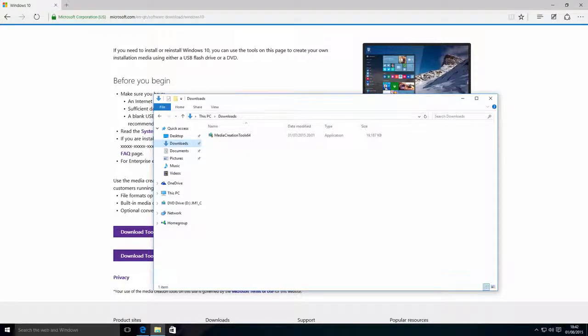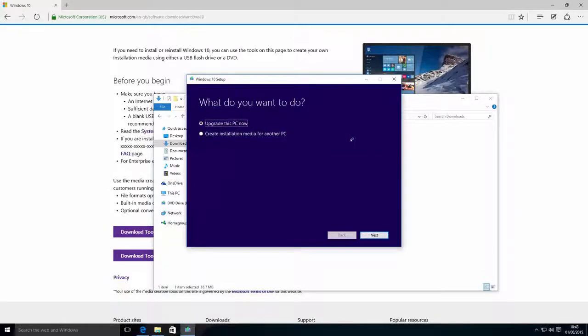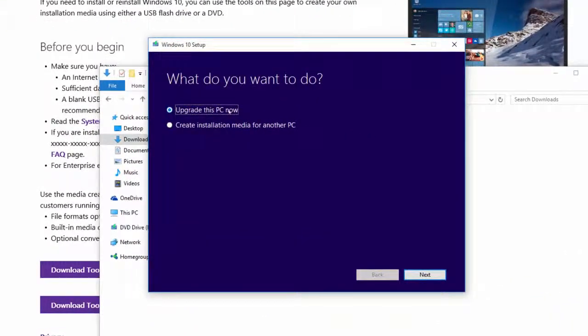So once you've downloaded the media creation tool, we're going to go ahead and run the 64-bit version that we've downloaded. And we're going to go ahead and accept the user account control. At this screen you're going to have two options. You can go ahead and upgrade this PC now. We're not going to do that because we're already running Windows 10 and what we want is the ISO file for Windows 10. So we're going to click on Create Installation Media for another PC